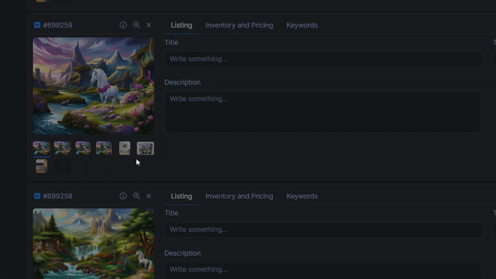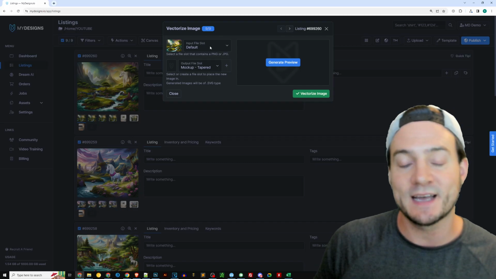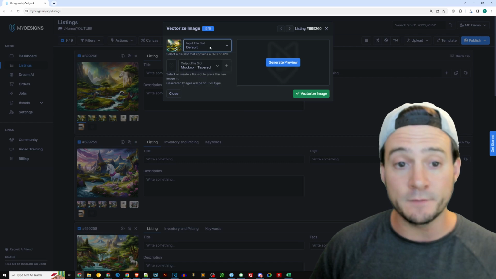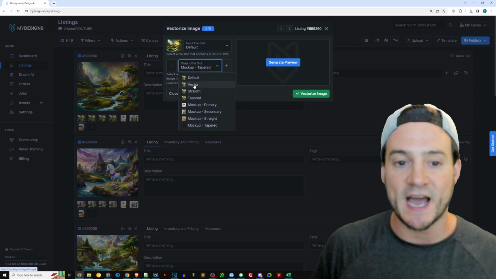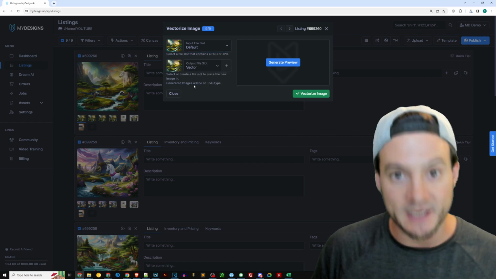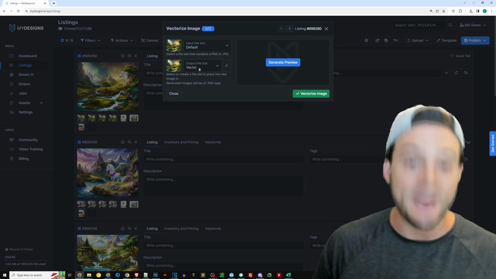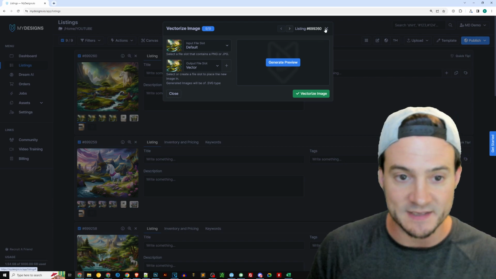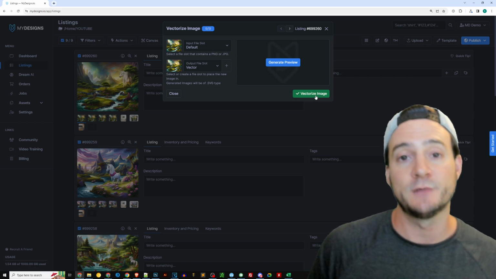So you go ahead and click that. The input file slot that you're feeding in should be the default. And then the output file slot, I actually went into the MyDesigns template and I created an image slot named vector. Okay, now I've already vectorized these, but all you would need to do if you're following this tutorial is